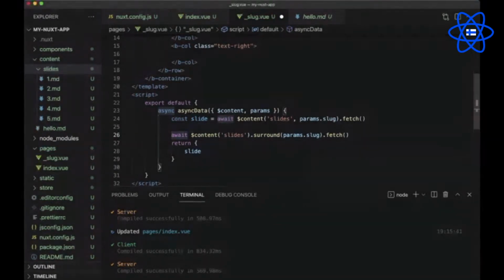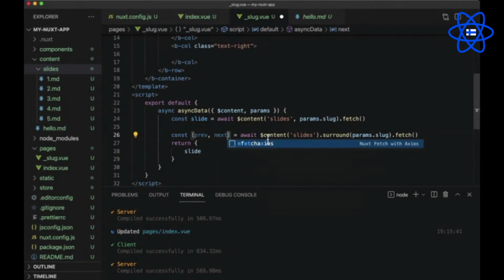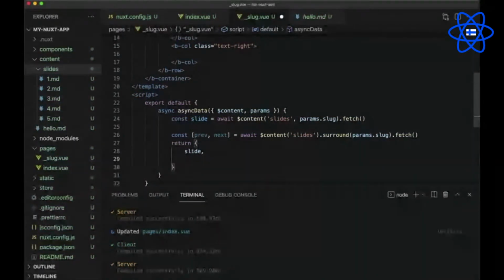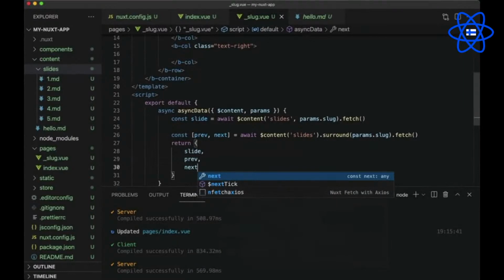What it returns is an array with the two items. So we can simply destructure it, say const first item and the second item. Essentially this first item is your previous slide and this second item is your next slide. And we can simply return them so that they are available for us in the template area.